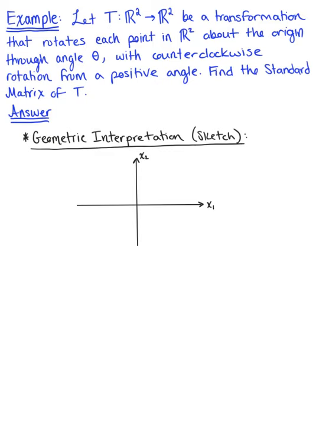Let T from R2 to R2 be a transformation that rotates each point in R2 about the origin through an angle theta with counterclockwise rotation from a positive angle. Find the standard matrix of T. So, to get us started here, I think it's nice to consider a geometric interpretation or to sketch what is